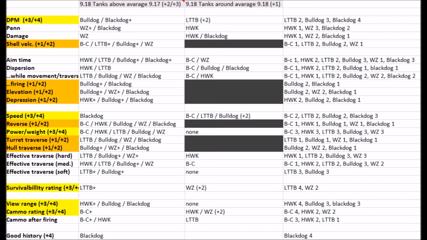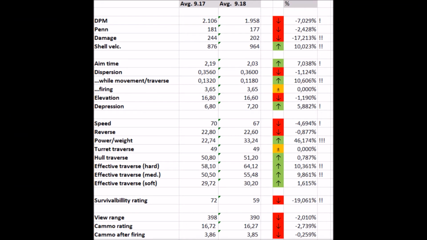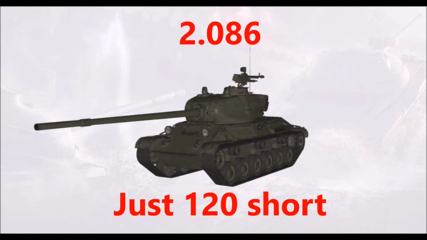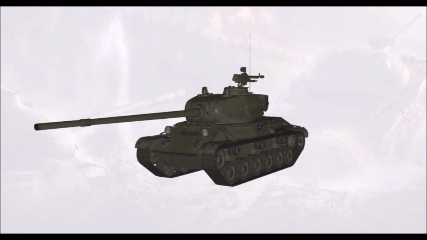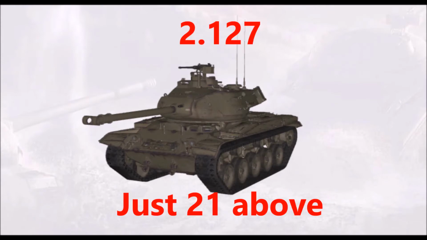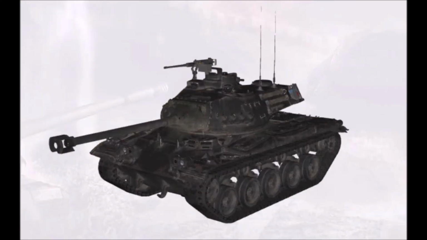So we can see that the DPM is yellow, and we see that the average of the current 9.17 vehicles is 2106. The LTTB is 2086, which comes close, which will give it 2 points. The Bulldog has 2127, which is slightly above, which gives it 3 points. And the Black Dog has 2275, which gives him 4 points due to average, which is